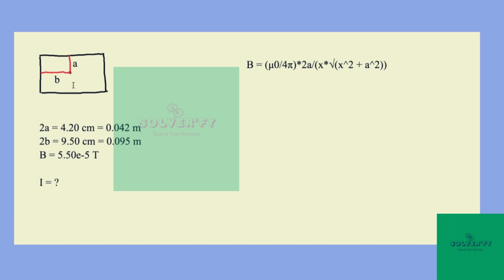And 2B is going to be this long side here, 9.5 centimeters. So if we want, we can just solve for A and B by dividing by 2. So A is going to be 0.021 meters, and B is going to be 0.0475 meters. I'm using these definitions of half of the length of each side because